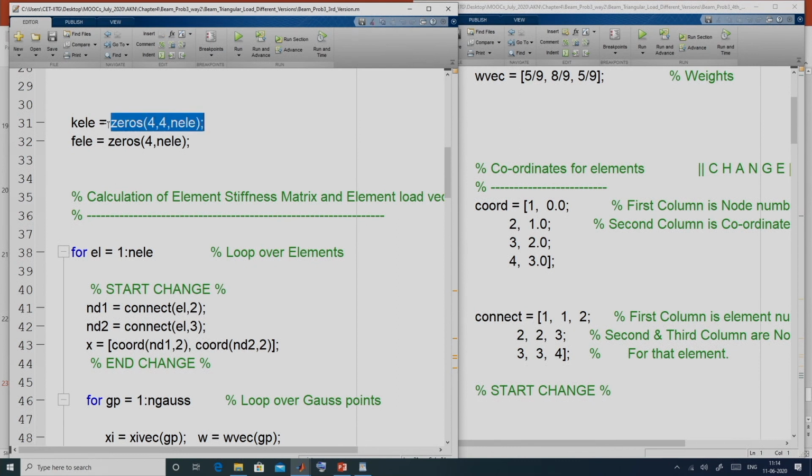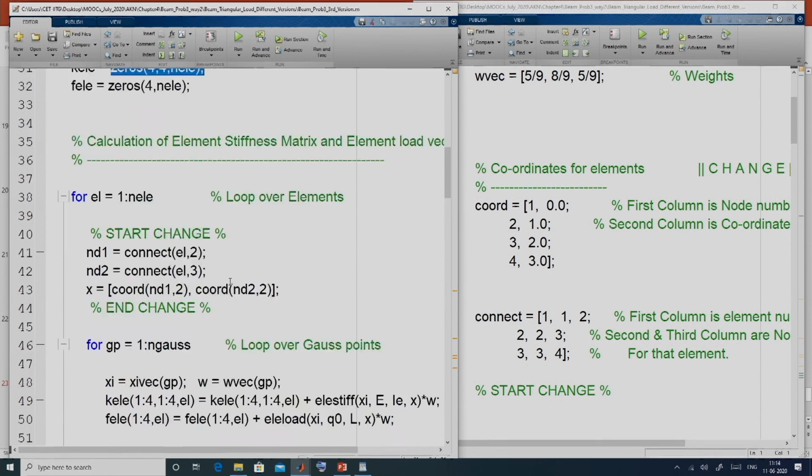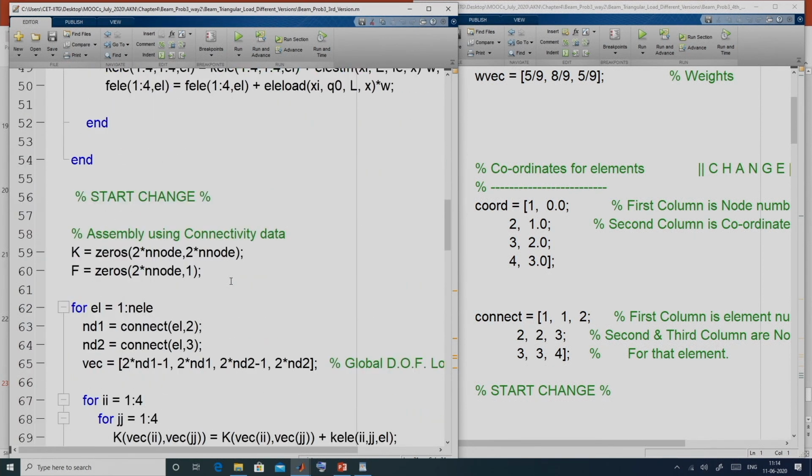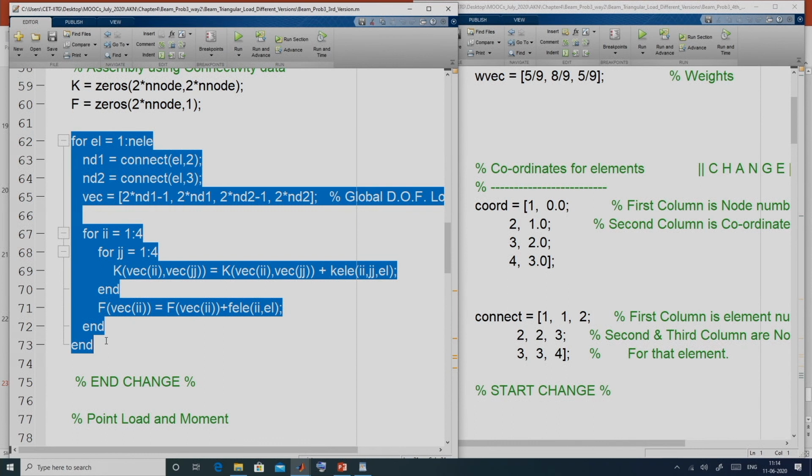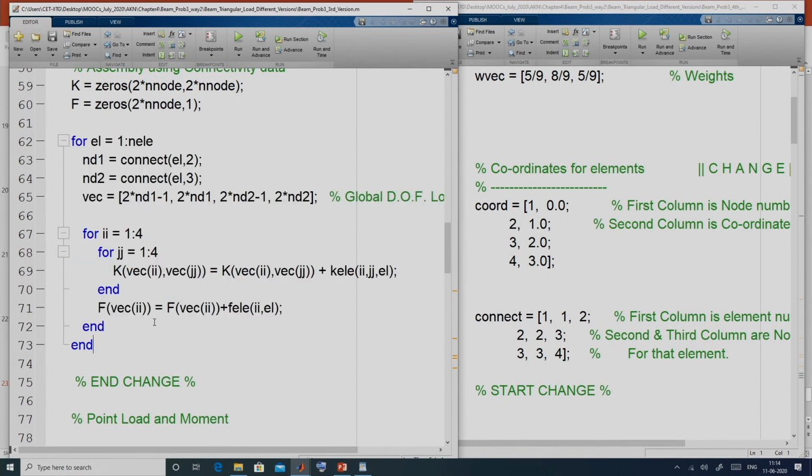So, the size of this KLE is 4 cross 4 cross 3. Similarly, for FLE. After that, we do the assembly. In the assembly operation, we have another loop over element number, where we assemble this KLE to the respective position of global K.